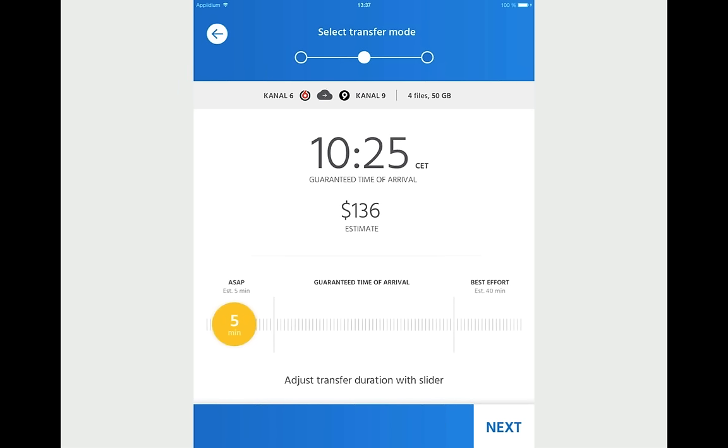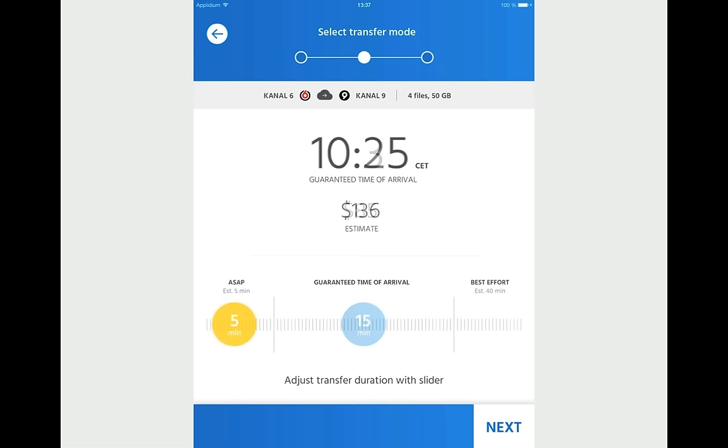So we see that it has by default selected the as soon as possible mode. What it does with that as soon as possible mode is it looks at the total amount of files that I'm about to transfer, the data that I'm about to transfer. It asks the network how much capacity is actually available at this point in time to do the file transfer. I know the source I'm sending from, I know the destination, I selected that on the previous screen, and I now also know how much bandwidth is available. And using that, the application calculates how fast can I possibly get the files to the other end if it's really urgent. That is the as soon as possible mode, and we see here that I'm getting a transfer time